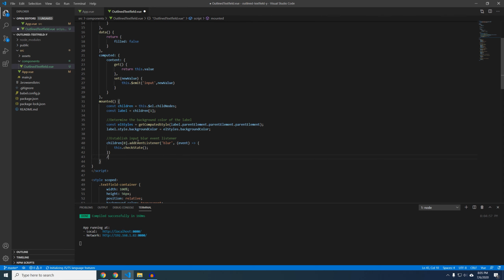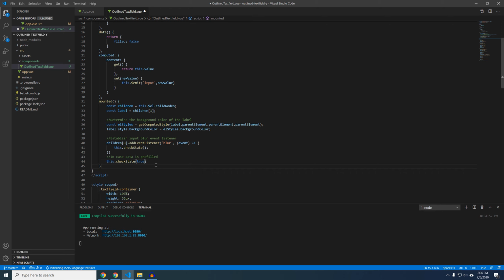And then after that, just in case there's data pre-filled, we're also going to add a check for that, because we don't want it to be only when they zoom out, because you could have data in the element by default, and then it would not respond to that and still not be in the filled state, which we wouldn't want. So we're going to add this.checkState, but we're going to pass true to it this time. And that's actually going to complete our mounted code